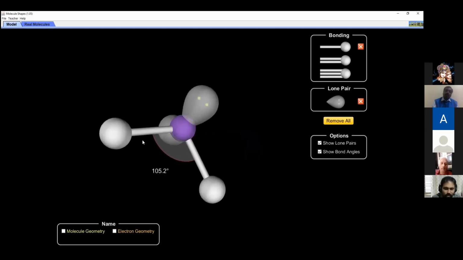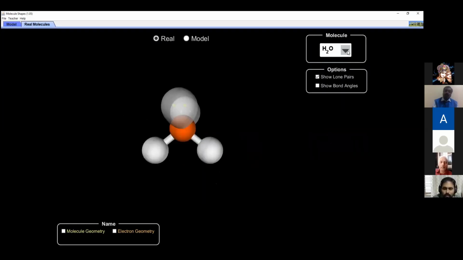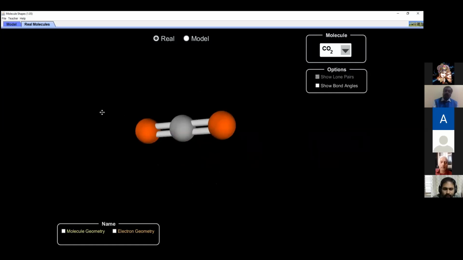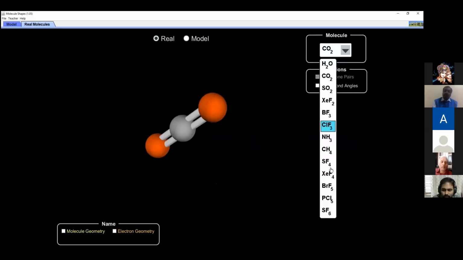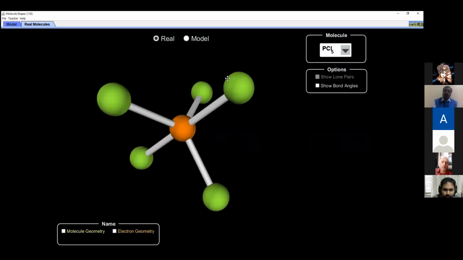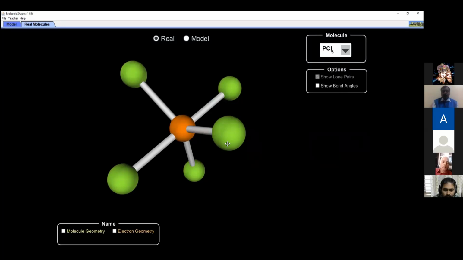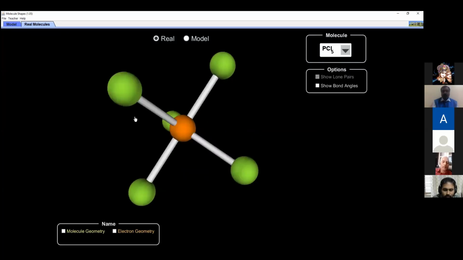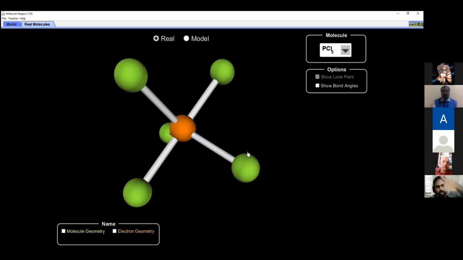Now these are called simulations, PhET simulations. Look at this. I have got some examples of real molecules as well here. You have carbon dioxide and you have PCl5. There are 3 on the plane, and the 2 orbitals are above and below.